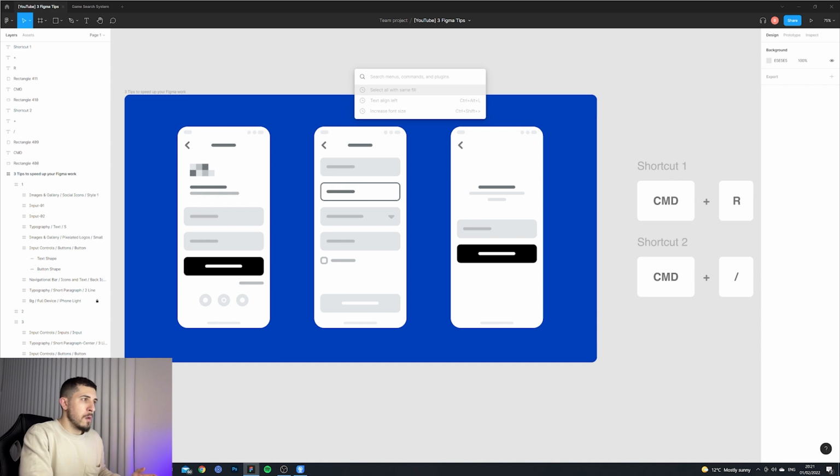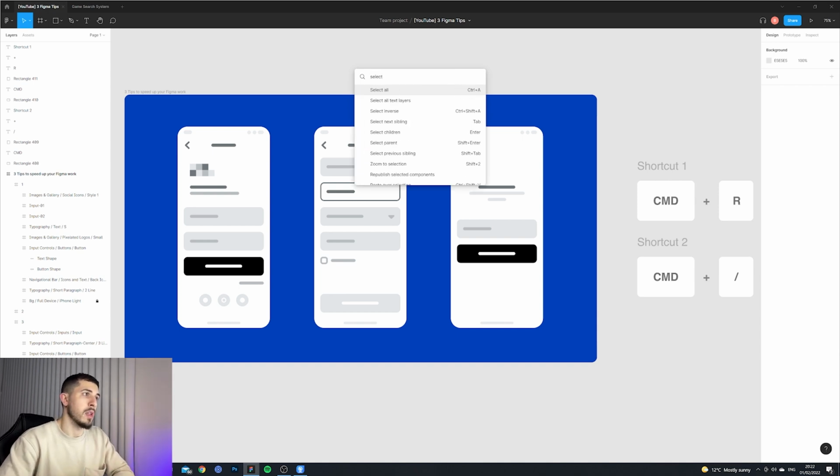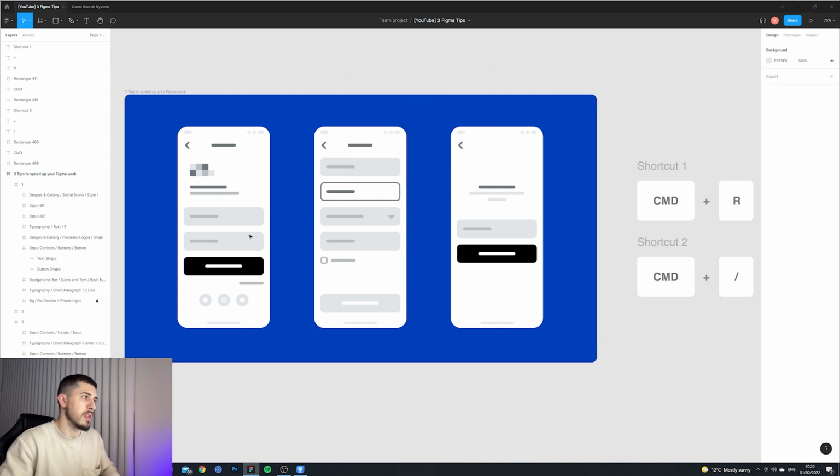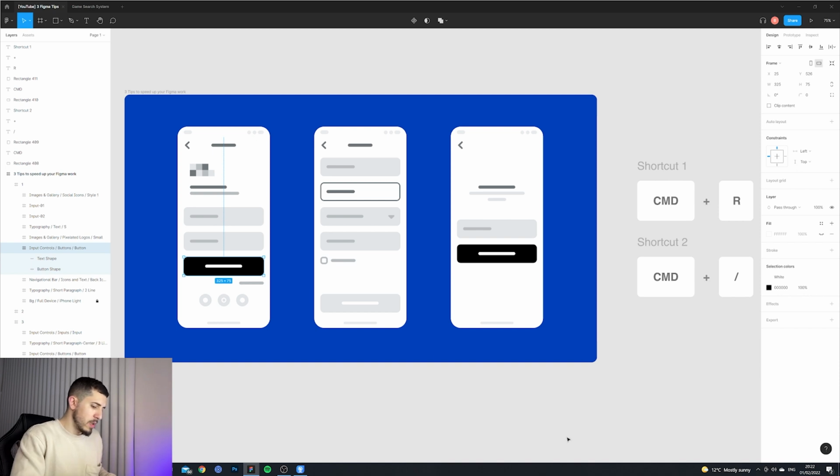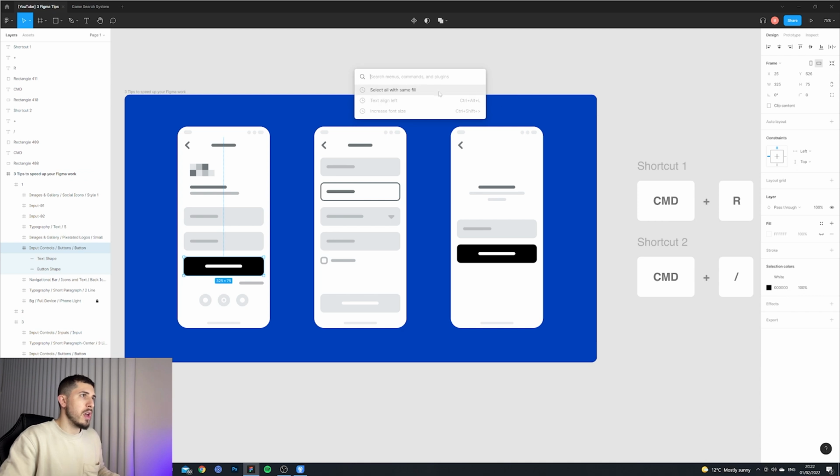Anyway, let's say I'm gonna type in select, and you see a bunch of options that appear. So you can select all text layers, select inverse, and all other stuff. For this tutorial I'm just gonna select this button. I'm gonna press the shortcut number 2 on the keyboard mentioned there, and let's say I'm gonna select this option from history, select all with the same fill. So we have a fill like a black color, and if I press on this,